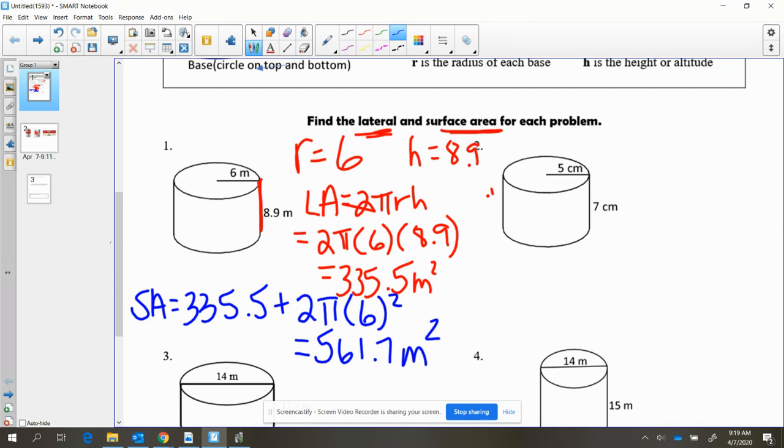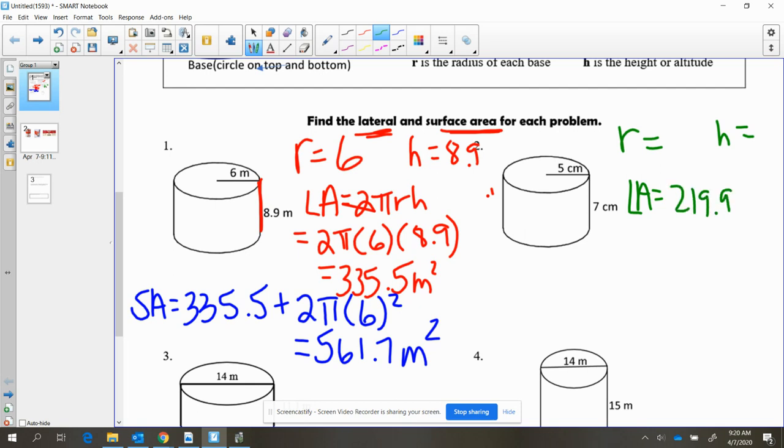Now for the next problem, try this one on your own. See what you get. Again, identify first what your radius is and also identify what the overall height is. Plug into your two formulas for lateral area and total surface area. Now double check your answers, but for the lateral area, you should have gotten a value of